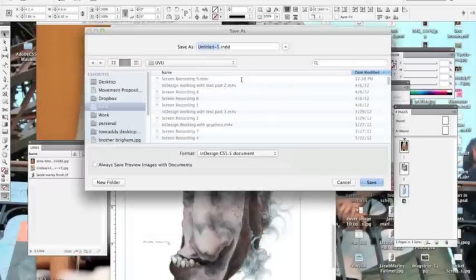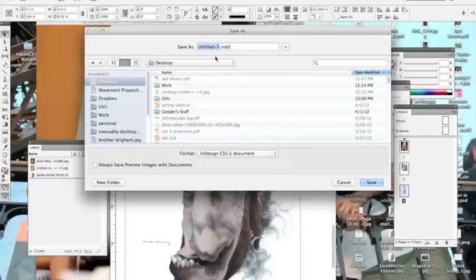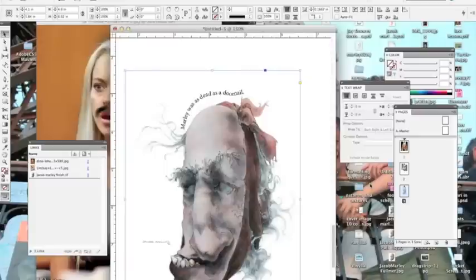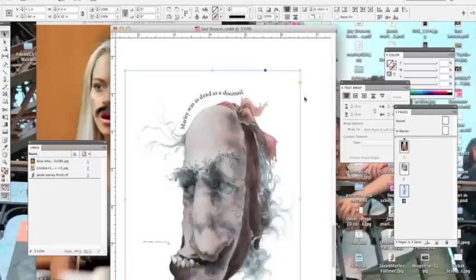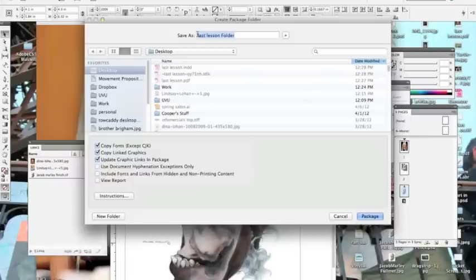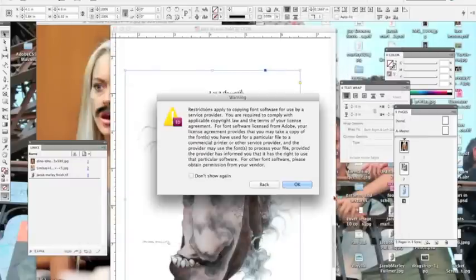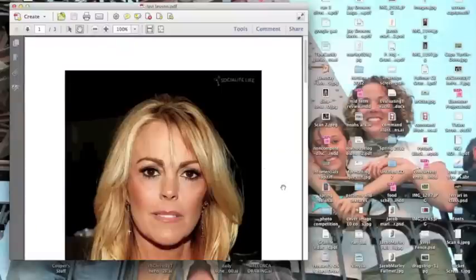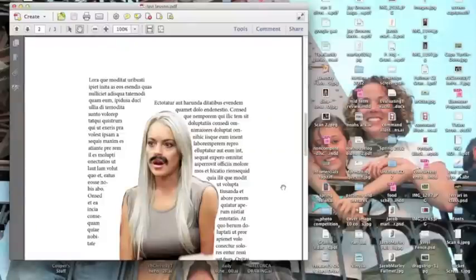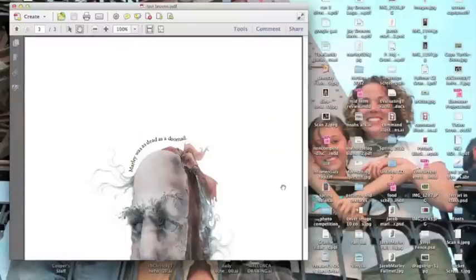Well, we need to save it, of course, so we'll save it on our desktop, last lesson.InDesign. And then it'll give us instructions that we can give. You know, this is a 2-color print, Pantone 485 and Pantone 282. You need to call Howard Fulmer at UVU, and so on. We'll hit save. We'll call it last lesson folder. We'll package it. PDF file in Acrobat. That's going to give us all the pages, so we can go from one page to the next,